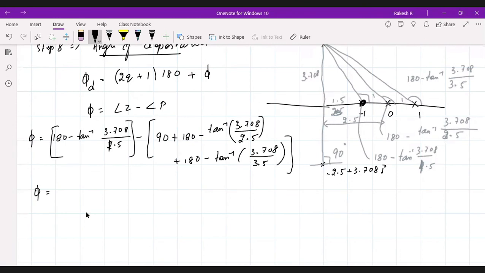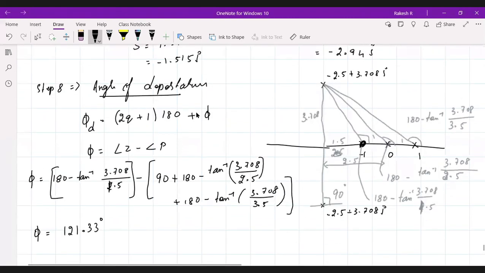121.33 degrees. How much you got? 121.33 degrees. 121.33 degrees here. Is this correct? You have subtracted this one. Yes, sir. Just check out. Is it plus 5 or minus 5 then? Just check whether this is correct or wrong. No, you'll be getting the wrong rating. Just check.